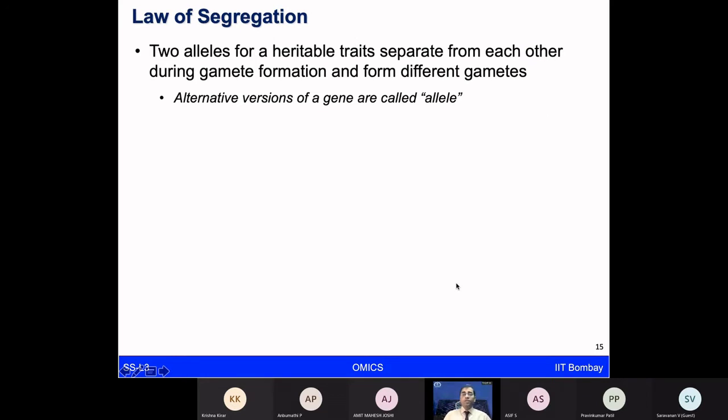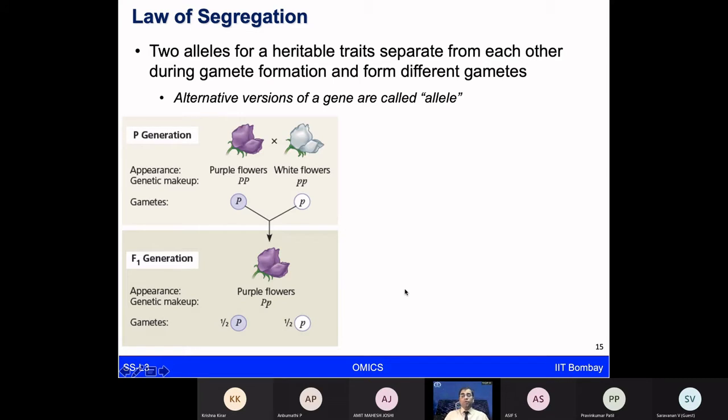So his first law, which is the law of segregation, he looked at two different variations of the pea plant. Now let's not worry too much about the plant or the colors, but think about a little bit more mathematical notation here. If this was a dominant characteristic, and this is a recessive characteristic, like the purple flower color and the white flower color,